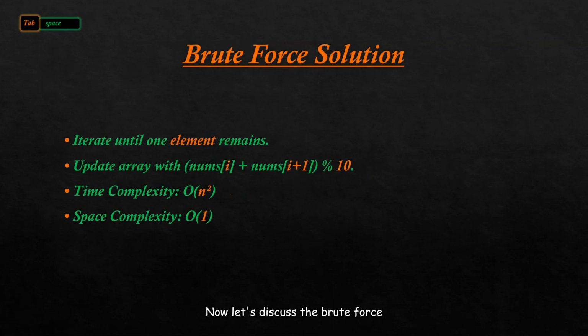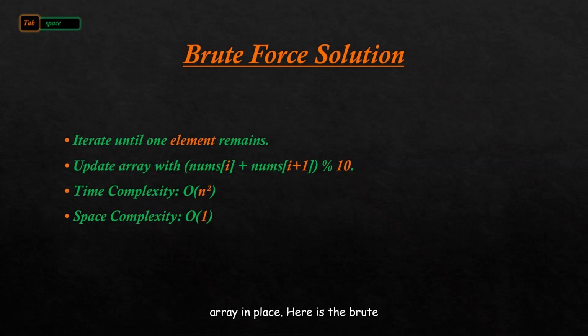Now let's discuss the brute force solution. We start with the given array and iteratively reduce it by applying the transformation. At each step, we update nums[i] as the sum of nums[i] and nums[i+1], modulo 10. We continue this until the array size becomes 1. The time complexity is O(n squared) and the space complexity is O(1), since we modify